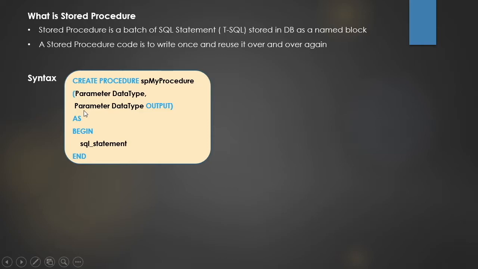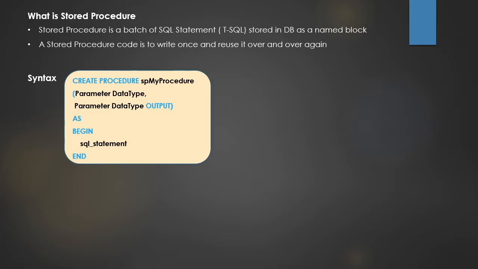Another type is the output parameter, which is used to produce the output of the procedure. For this we write the parameter, then the data type, that is, what type of value this procedure wants to return, and then the keyword output. After that the bracket closes, then within begin and end we write a set of SQL statements to perform certain tasks. We can have hundreds of lines of statements within this body to implement any logic.